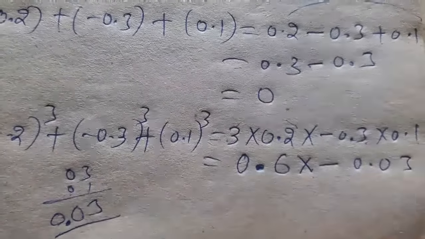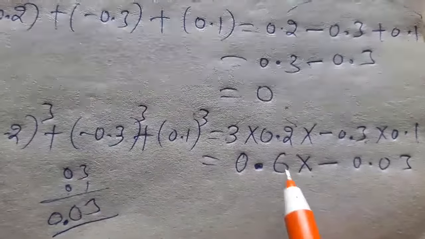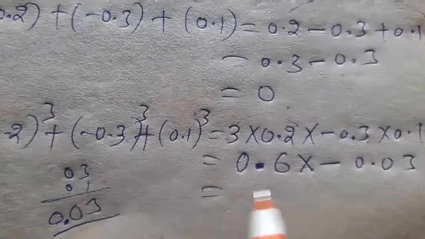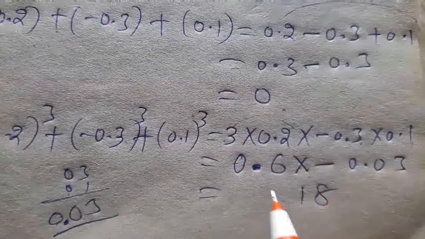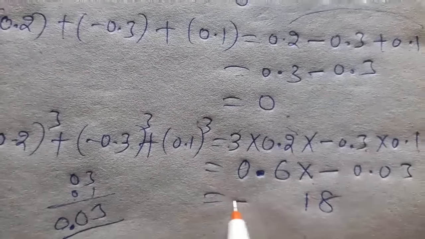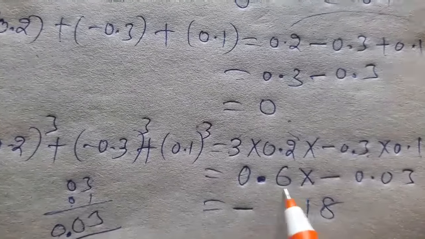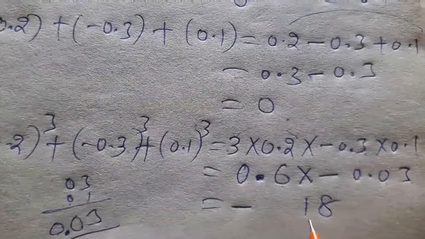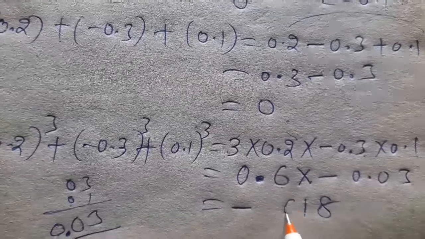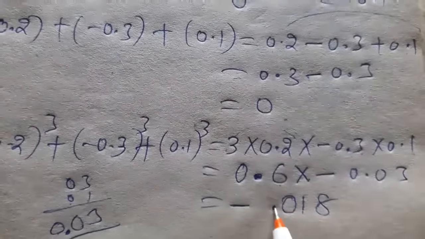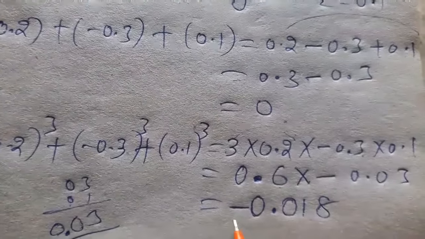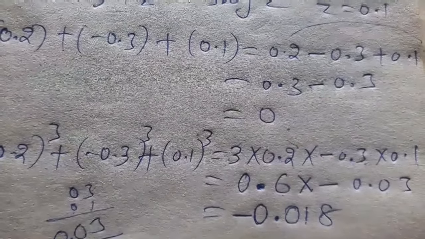Forget about the decimals. So see here, 3 sixes are how much? 18. But minus is there, put minus. So after the decimal point, how many digits are compulsory? Count 1, 2, 3. So 1, 2, 3 means put here 0 and point 0. So −0.018 is the answer of the given question.